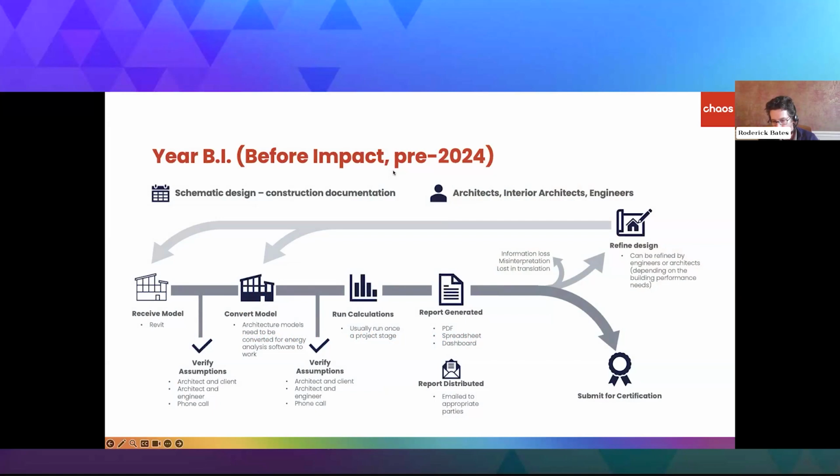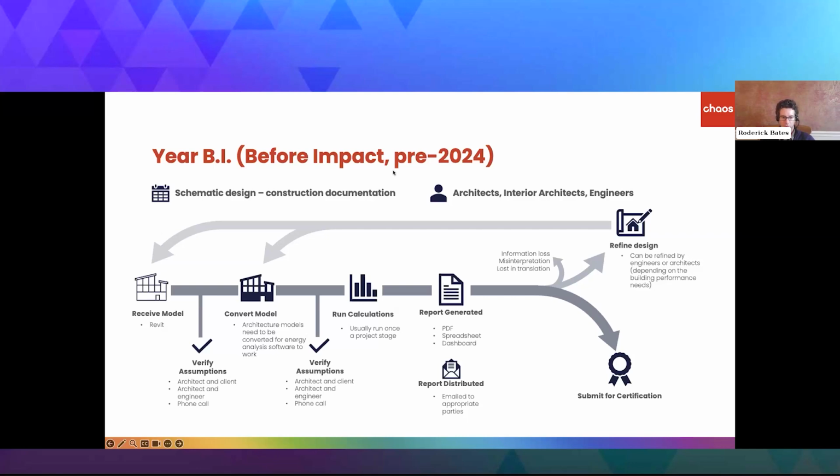So before you come up with a nice conceit like that, of course, you need to do your due diligence. You need to understand what the actual context was. What are the workflows that people were struggling with, essentially in this pre-Impact world? And so, pulling upon my experience that Corey was kind enough to allude to, where I worked quite a bit in the context of building performance simulation on buildings that were both relatively small to extremely large, but also been talking to professionals at a variety of firms around the world. We found a high level of commonality in their experience,